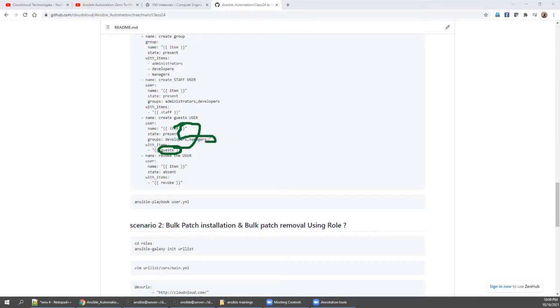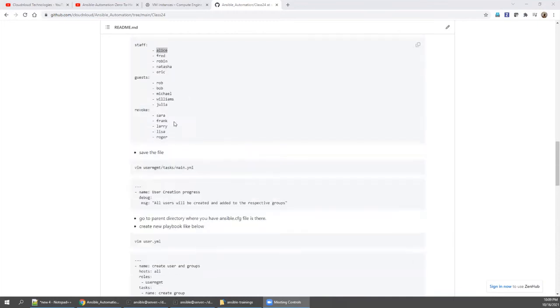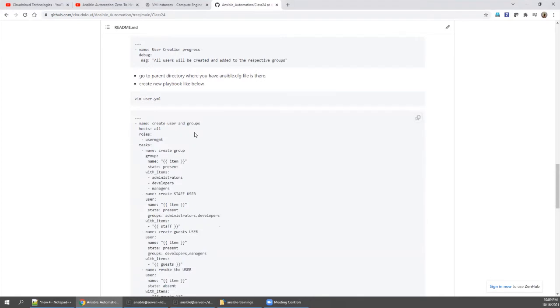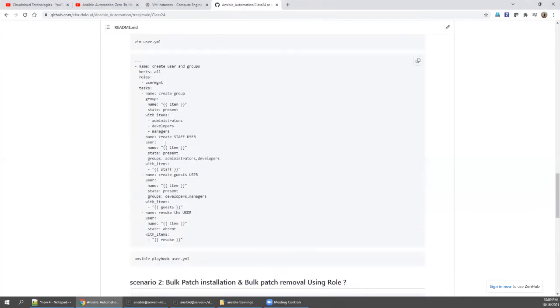This group also will be associated. And since this last play is absent, right? Absent means remove. That is why we haven't mentioned any group. So what will happen? Those who resigned from the company, those values will be assigned here. Since it's absent, it will be removed from all servers. If I go above, see here, those 5 values, there is no value after 5 executions, right? So it will come out. So this is exactly what we are going to achieve in this.